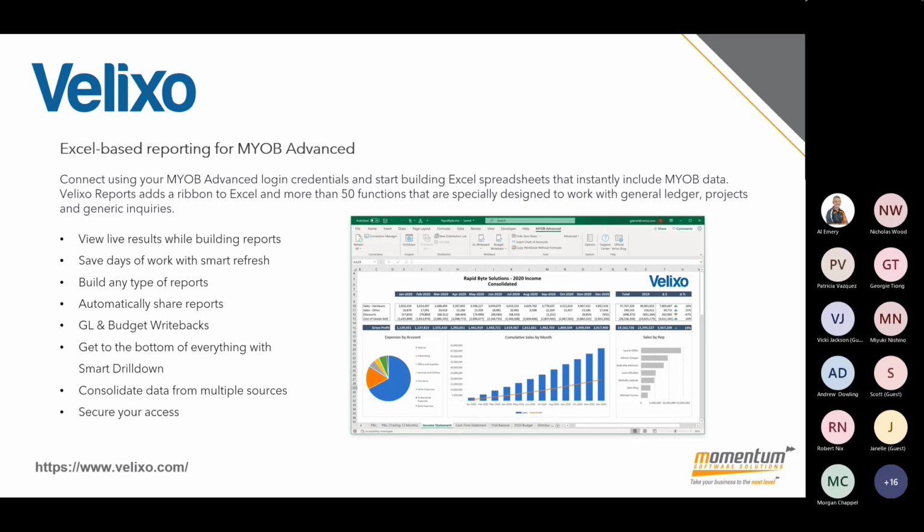It links directly into MYOB Advanced, allowing you to pull data or link data directly to the GL, to any projects, and again, any GIs, generic inquiries, as Nick was mentioning before. So a GI is a table of data in the system. You then link that table into MS Excel and have it go across. Then of course you can do all your graphics and bar charts around it. So it allows you to have access to the data without having to use a login to the system.